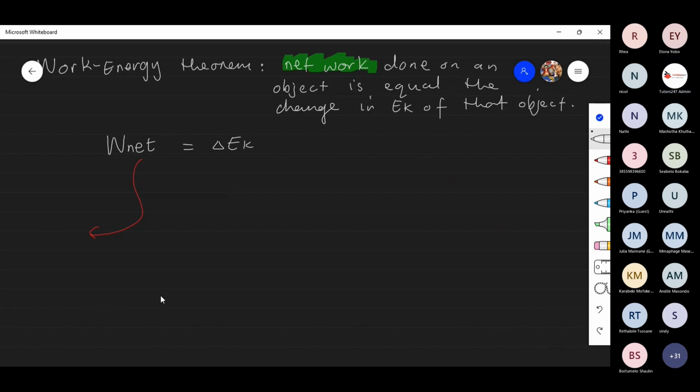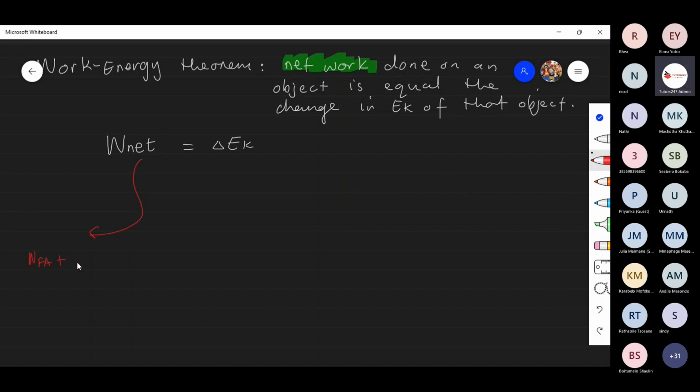So let us look at work net. So we are familiar with this. We've done this already. Work net is equal to the sum of all the individual works. So let's say our object has applied force, it has frictional force, it has normal force, and it has gravitational force. So our work would then be the work done